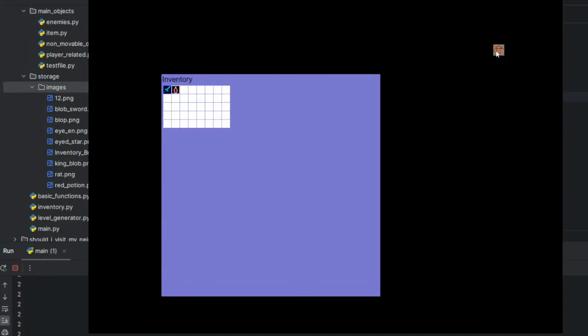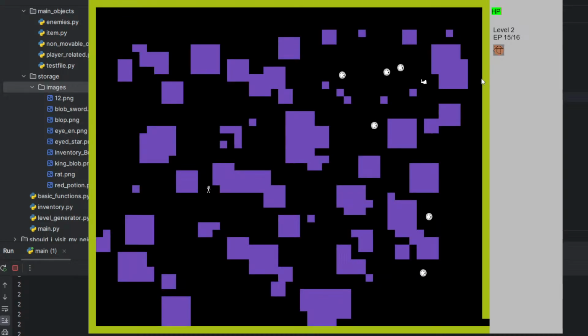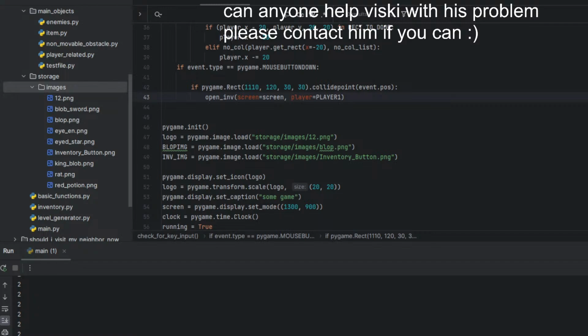Now again, we have a consumable. Okay. Where am I? Got invisible. Okay. Anyways, this is a bug.